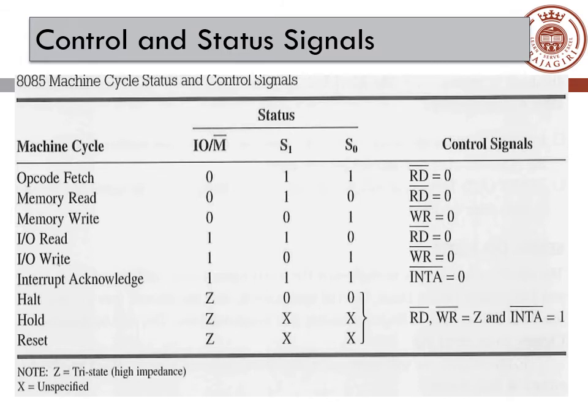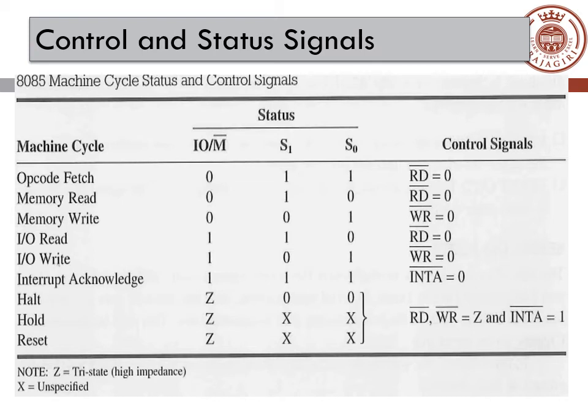Okay. Now you can see the combination of S1 and S0. The opcode fetch operation, you are going to fetch an instruction from the memory. In memory read also, you are going to fetch data from the memory. Both are memory read operations. And suppose you are going to fetch an opcode, and that opcode should be taken to the instruction register, and you are fetching data from the memory. You are going to read the data from the memory. You should not take that data to the instruction decoder.